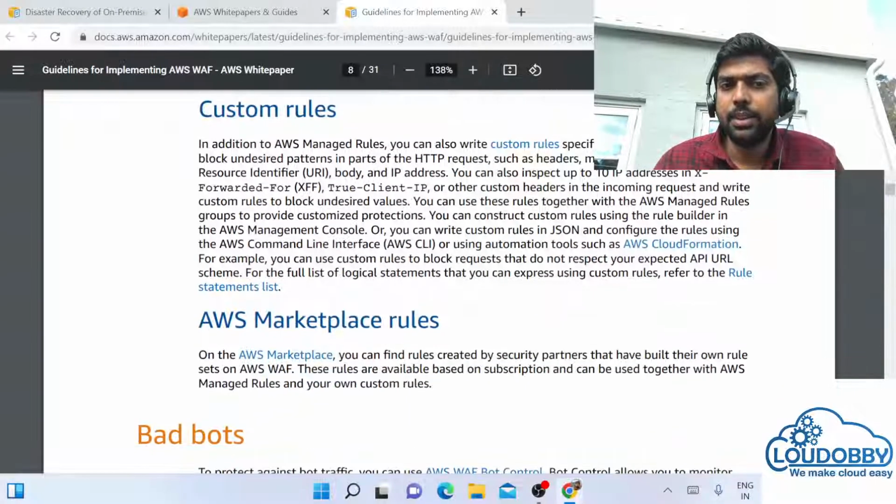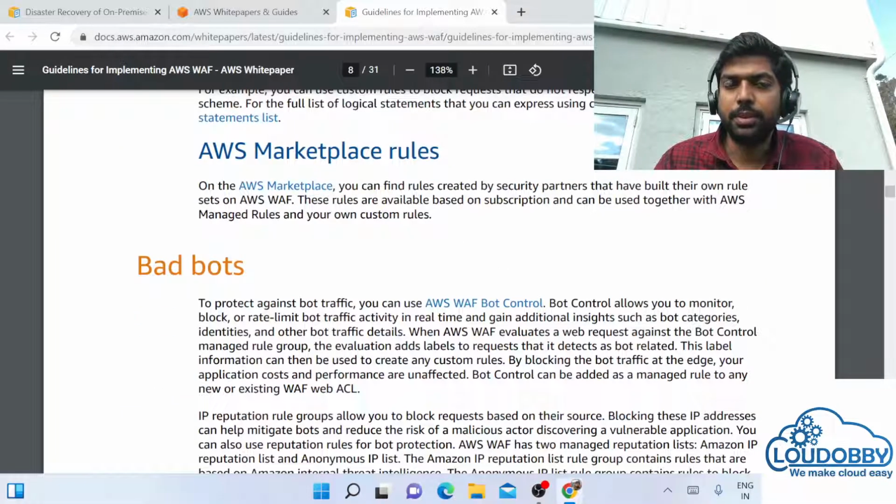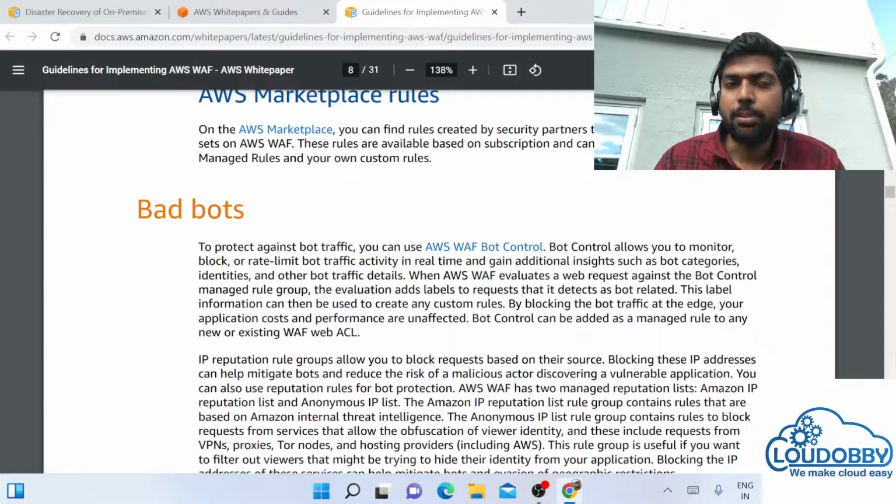So that's very good. And a marketplace rule is already created by someone. For example, I have an application and I don't know what rules I have to write. So I can go to the marketplace and take a rule that someone has already tried and implemented, and they say these rules are good for your application. Then I can just take that rule and apply it to my application. That is also very good because they would have tested most of the things. Even if we miss something, they would have tried to update it.